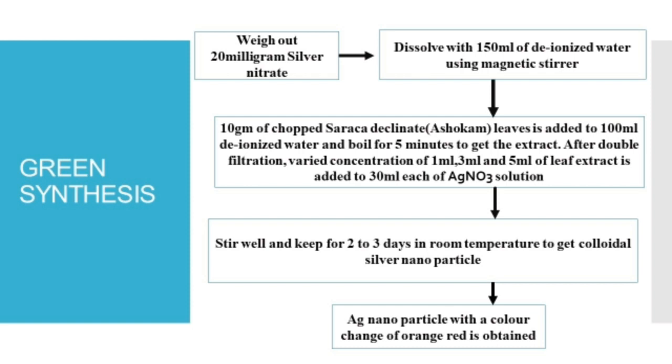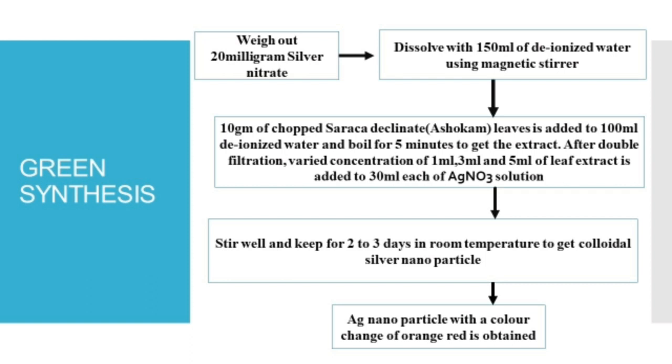This is the preparation procedure of the sample. We weighed out 20 mg of silver nitrate and added it to 150 ml of deionized water and mixed well. 10 g of chopped leaves are boiled and filtered out. 1 ml, 3 ml and 5 ml of the extract are added to 30 ml each of silver nitrate solution